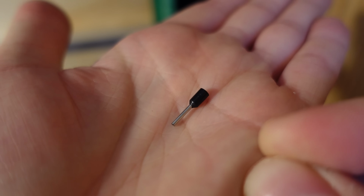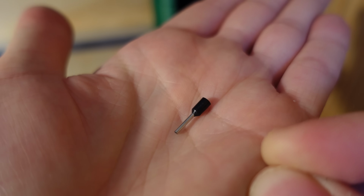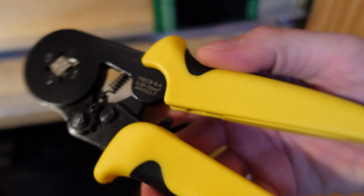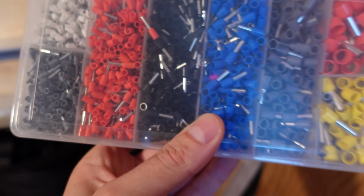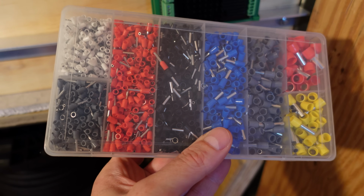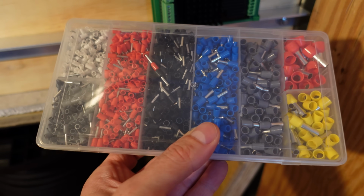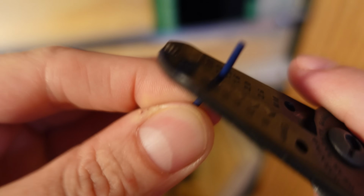It's not an absolute requirement to use ferrules when you do connections like this, but it is highly, highly recommended to do so. They're very cheap, very inexpensive. I purchased this crimp tool on Amazon, and it came with this gigantic box of various size ferrules. It was maybe 20 or 25 bucks or so. It's certainly not an expensive tool, and it's a well worth investment. So I'm just going to take my wire here and strip off, I don't know, what's that, like